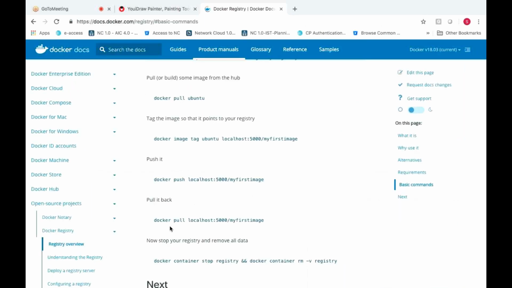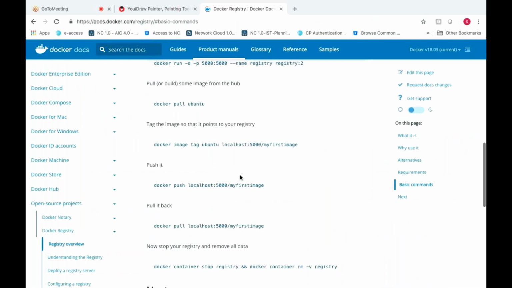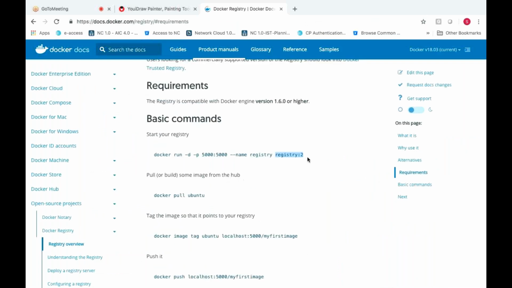See, first we need to create a registry. In this, we have an inbuilt image called registry:2, the second version. Once you create a registry, your registry will be running on a port number called 5000. First, in order to do the experiment, pull the Ubuntu image.